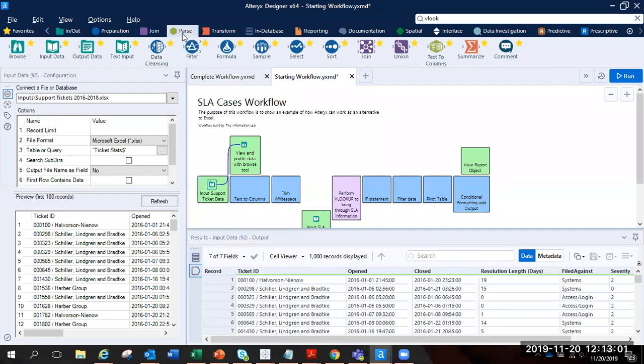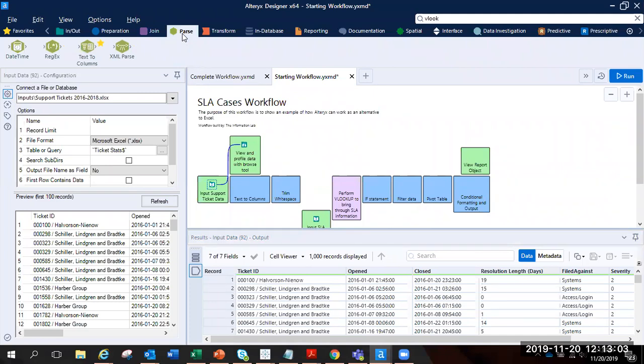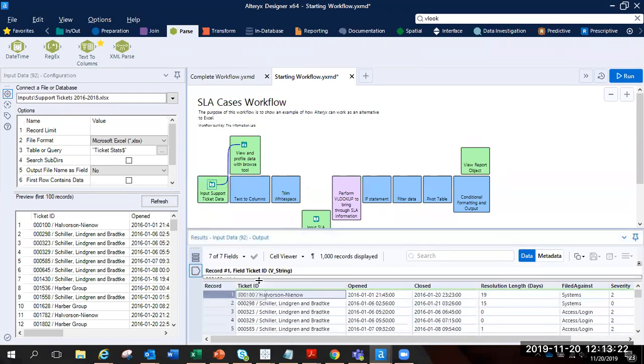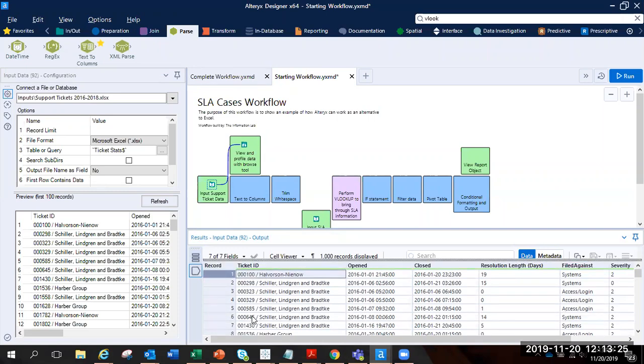So what I'm going to do is use the parse tool. The parse tool lets you create new columns or new rows depending on what your delimiter is. And a delimiter is what you decide to split your column by. As I can see here, my delimiter in this scenario is going to be that backslash, because I want the ticket ID to be one column, but anything after the ticket ID, I want to be a separate column. So I'm going to drag text to columns here,